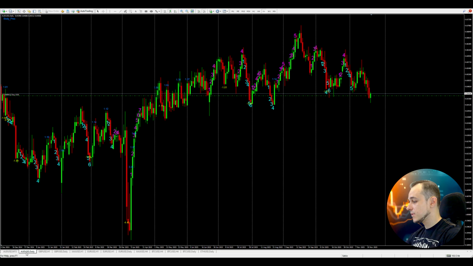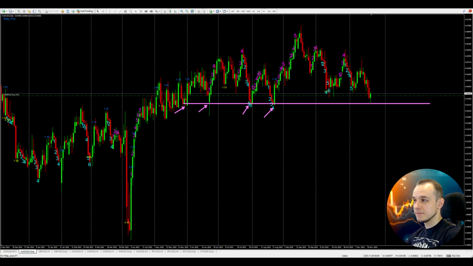On the daily time frame you can see that we are moving towards the support level. You can say that we even reached it and bounced off this level, but considering the local market decline, the price is pushed toward this level, so I think that the probability of breaking this level is quite high, because